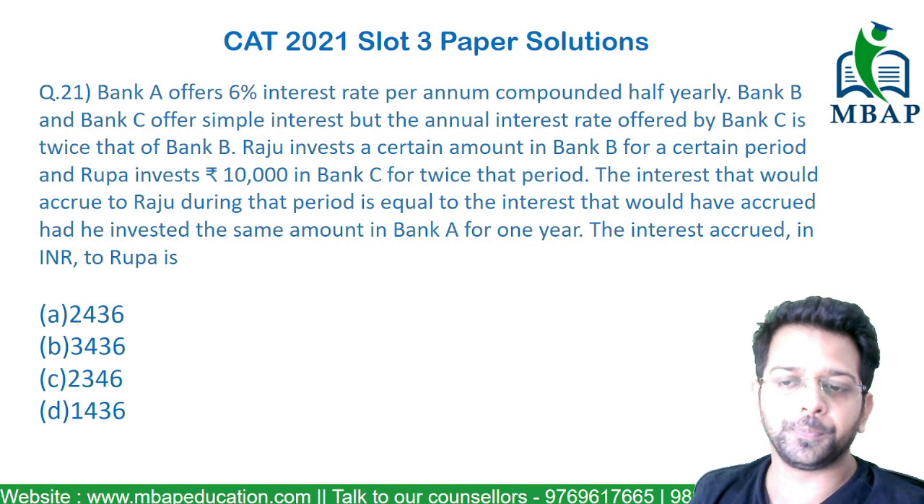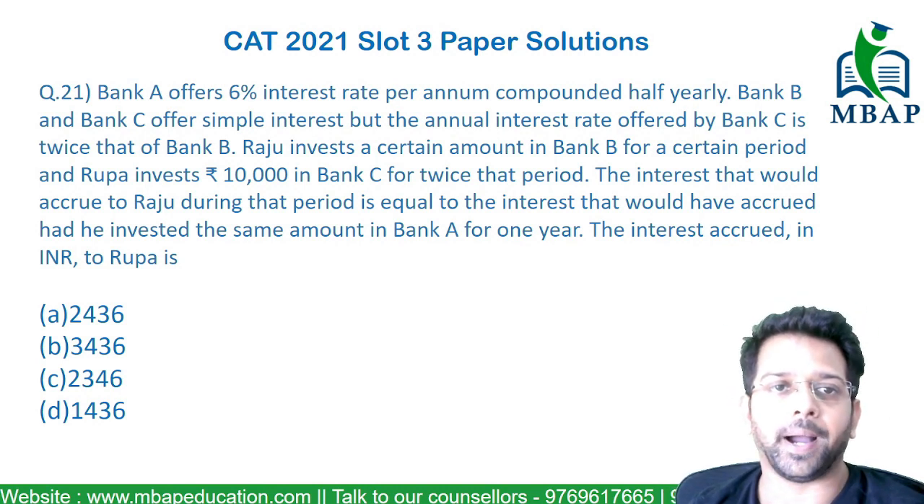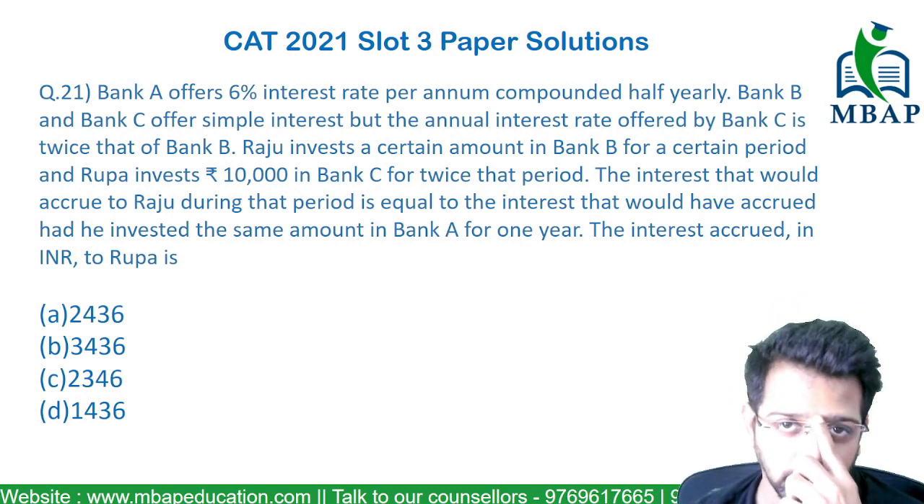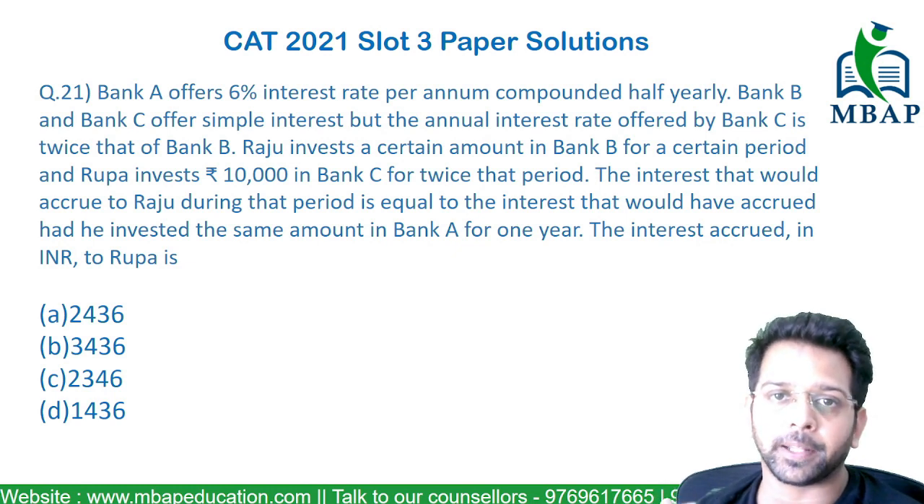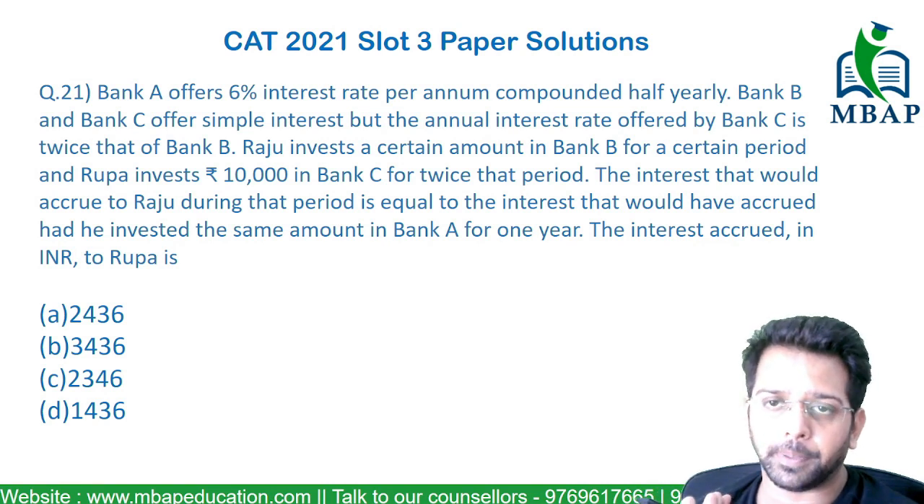Let's see the next question. The question says Bank A offers 6% interest per annum compounded half yearly. Bank B and C offer simple interest, but the annual interest offered by C is twice that of B. Raju invests a certain amount in Bank B for a certain period, and Rupa invests 10,000 in Bank C for twice that period. Whatever the period B has kept for, Rupa is going to put the same 10,000 for twice